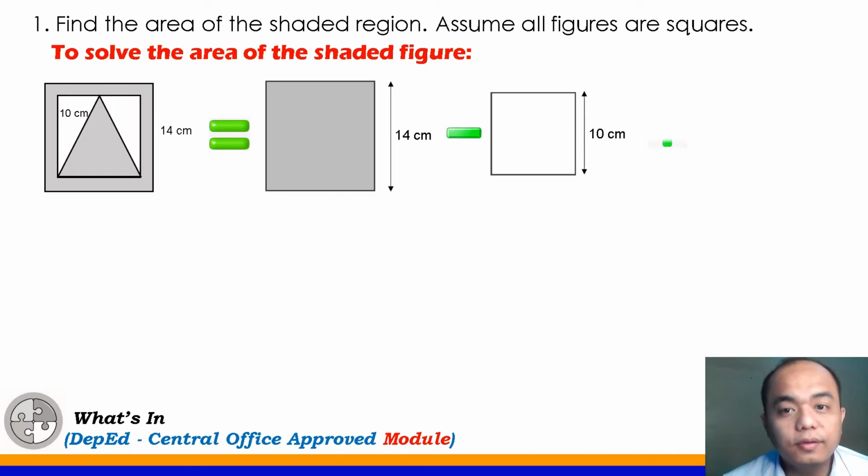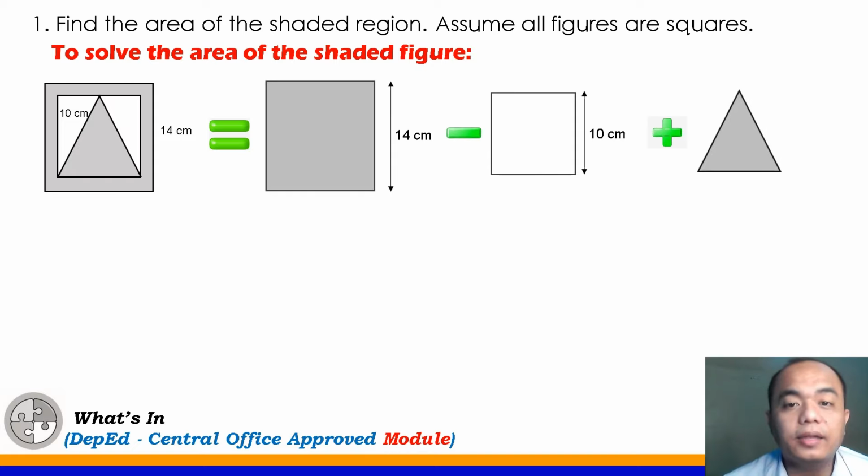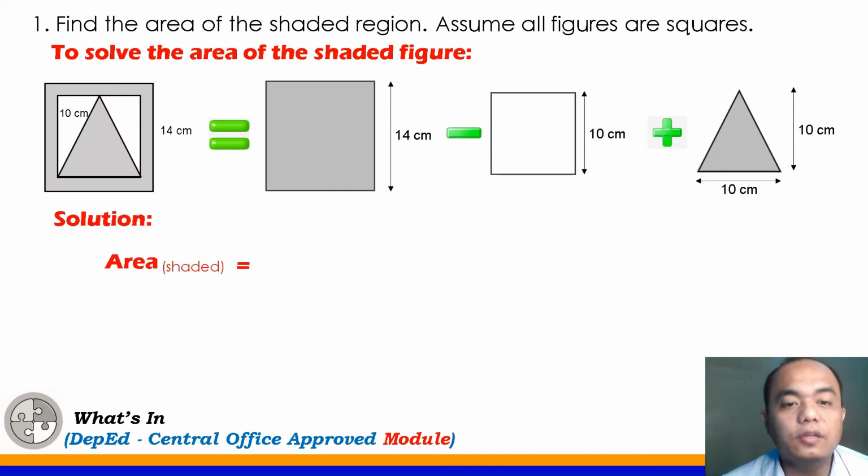And also, we will add the area of the triangle. Pwede rin namang i-add natin muna yung shaded part and then i-minus yung square. Pwede din naman. Pwede rin naman ganito. So, that's the dimension of the triangle. So again, the solution here, the area of the shaded one would be